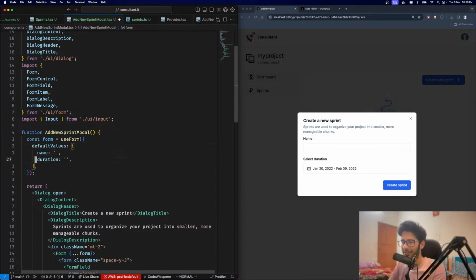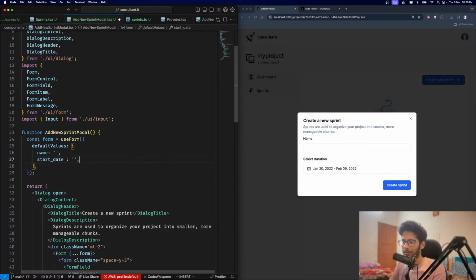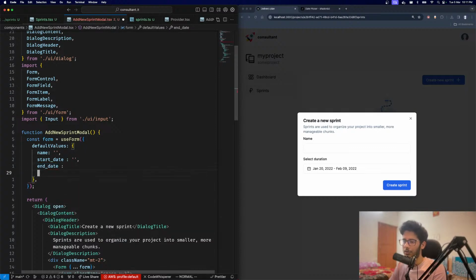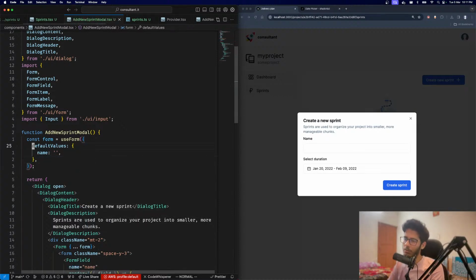So we have this, and then we can say start date like this, and then we can say end date like this. First of all, there's one more issue. It cannot be this, it cannot be this, so it has to be undefined. So we can keep it like this. Next thing we can do is we can